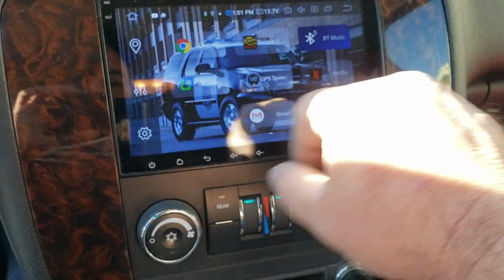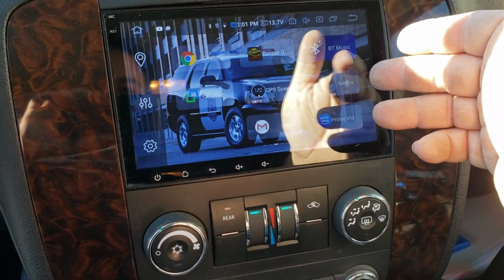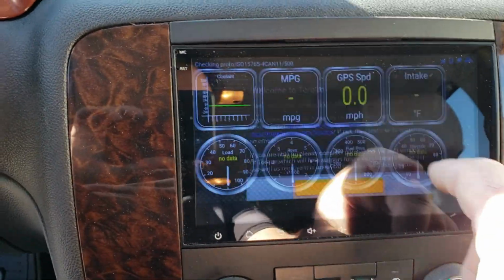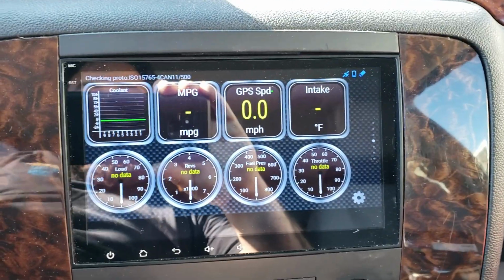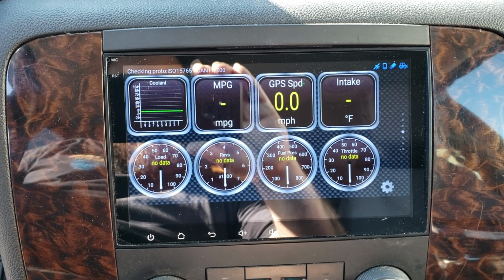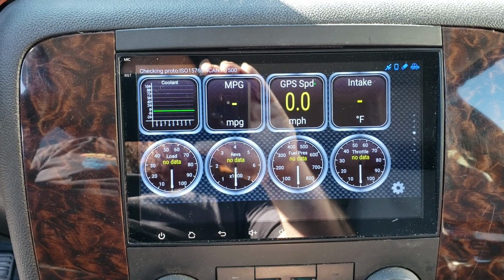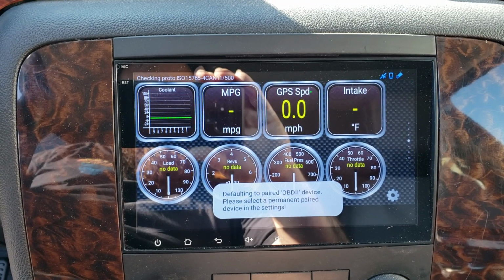In here we have our browser, Bluetooth music, Torque. So if you have an OBD2 Bluetooth reader and you have Torque, which I have mine plugged in right down here, it will load. Welcome to Torque. And as soon as it picks up my Bluetooth, it will start displaying real-time info for the vehicle. Give it a second here, it's checking. And as soon as it links, defaulting to paired OBD2 device,